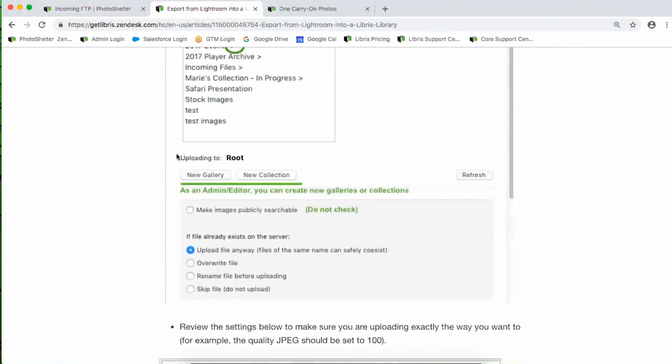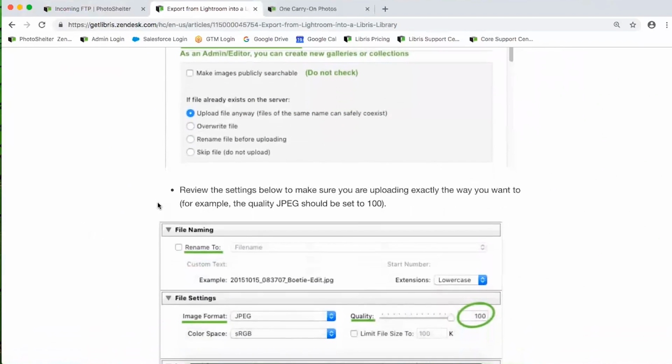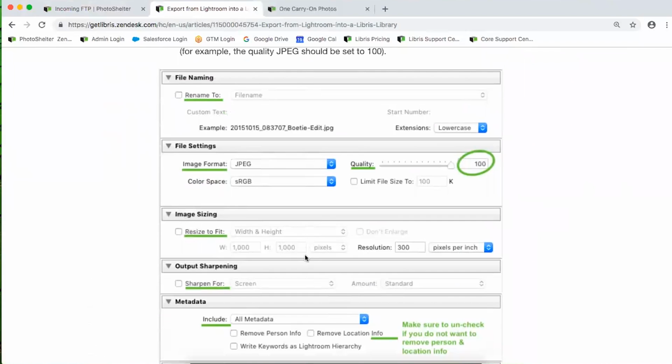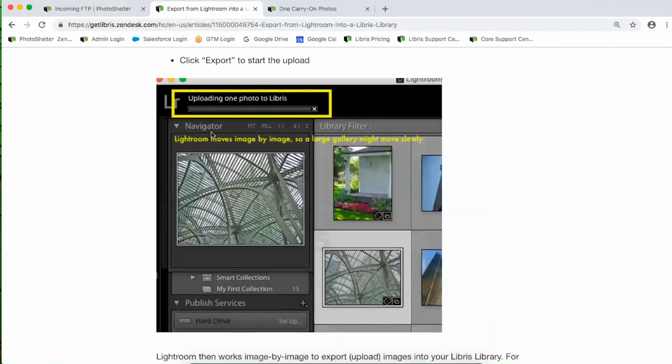If you're a contributor, you won't see the option to pick, but if you create a new gallery, that will name your gallery that comes into the incoming files collection. So a couple other options you're going to want to be mindful of. And after you click upload, Lightroom works image by image to upload files to Libris. So it could take a little bit longer than a method like FTP or the web uploader, but